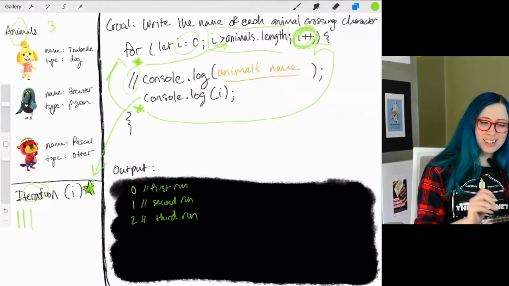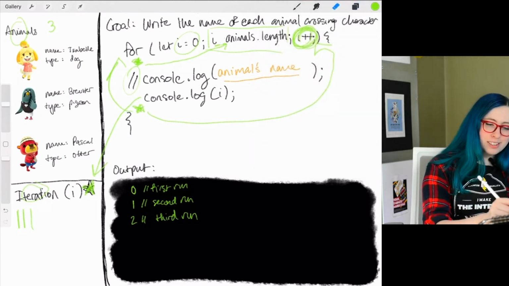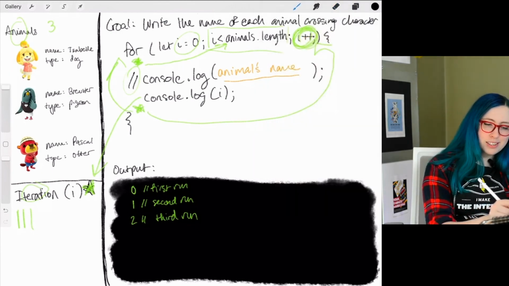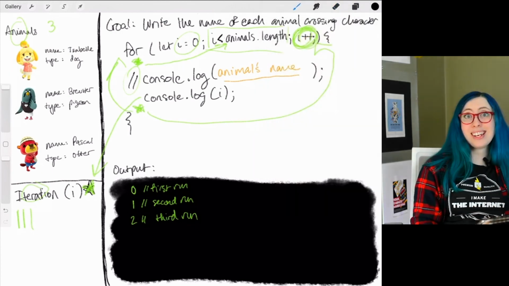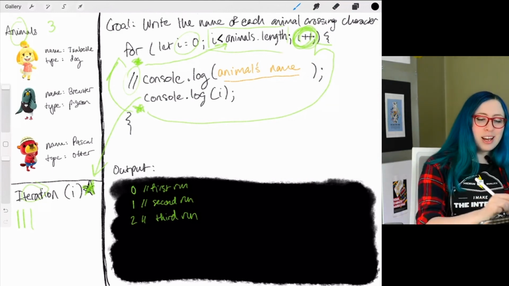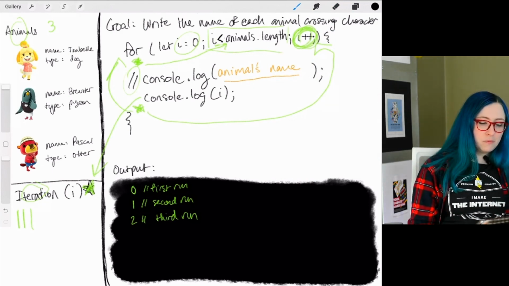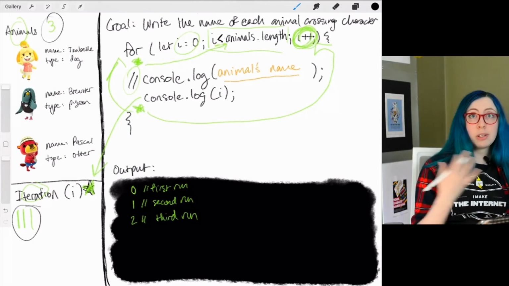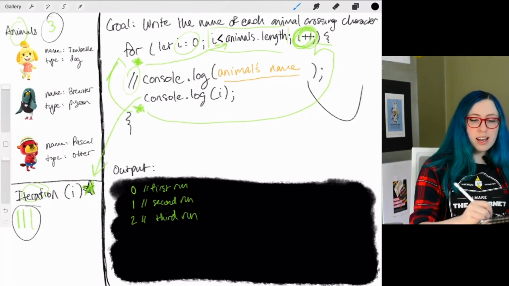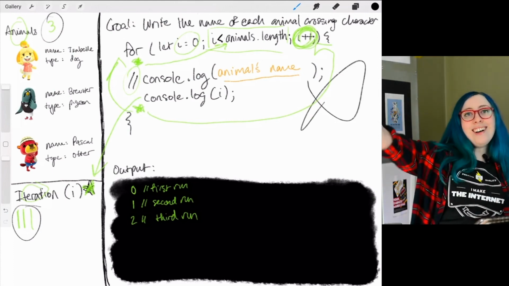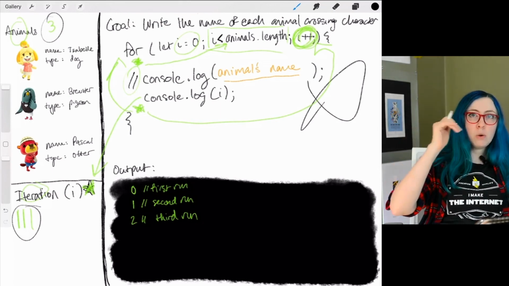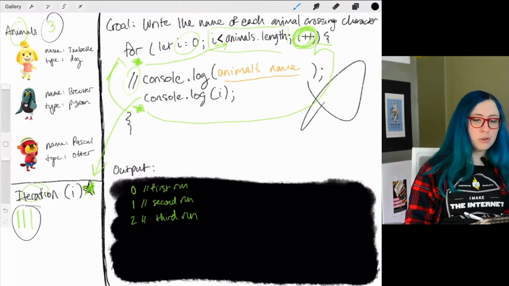Let me fix that up here. You know, I would have realized this pretty quick if I had actually gone and run this in code. So i is less than, make sure you're always using the right direction of brackets here. Okay, so i needs to be less than animals.length. Well, okay, is 3 less than 3? No, it's equal to. So here we stop. We're like, okay, we're done. All done. So our final output is going to be 0, 1, and 2 for the whole thing.